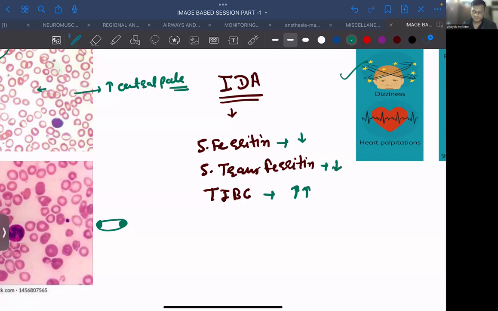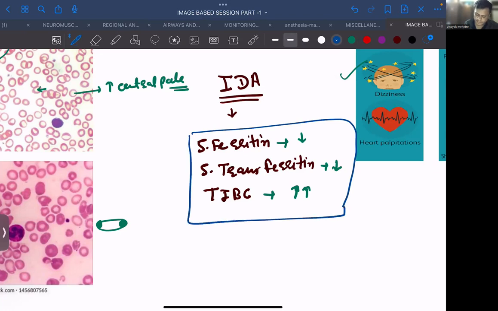Okay, so on iron profile you will see such a picture. आयरन डिफिशियंसी है तो आयरन कम हो गया, binding capacity of RBC will increase, right? Now if you have to choose a single best answer, it will be this. It is most specific. Serum ferritin is most specific. Okay,